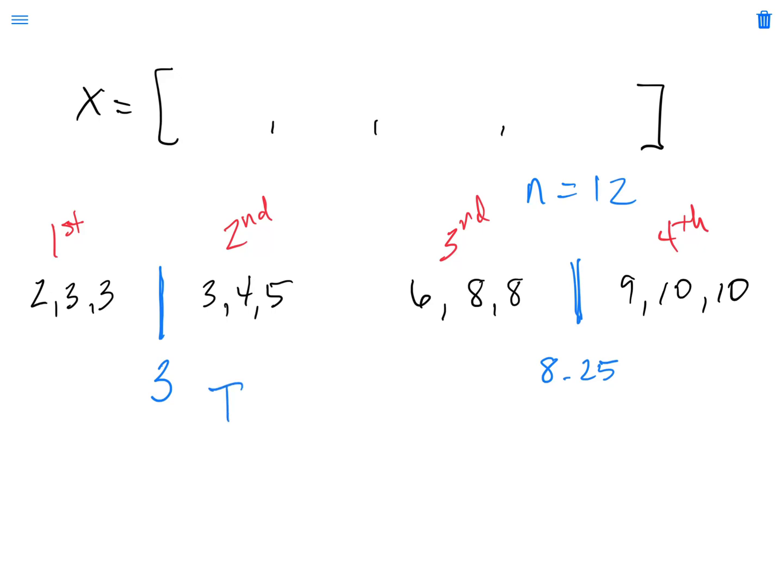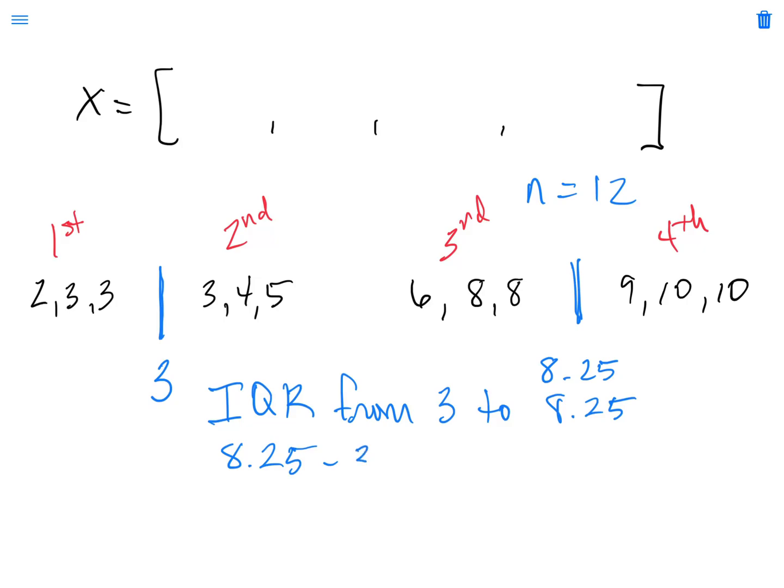But in this case, our interquartile range, we would say, goes from 3 to 8.25, or we could also do the math, 8.25 minus 3. And so we have an interquartile range of 5.25. Okay, and the value of the interquartile range is that if I had some large values, I mean, let's